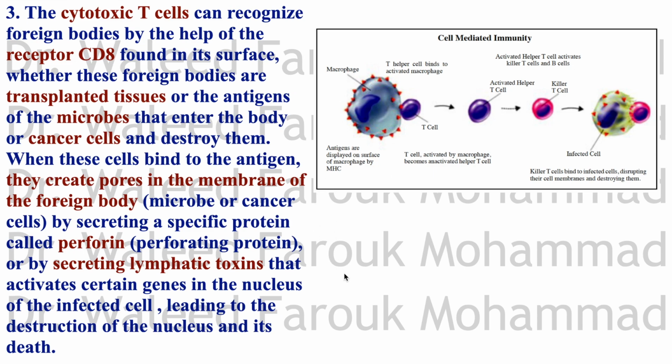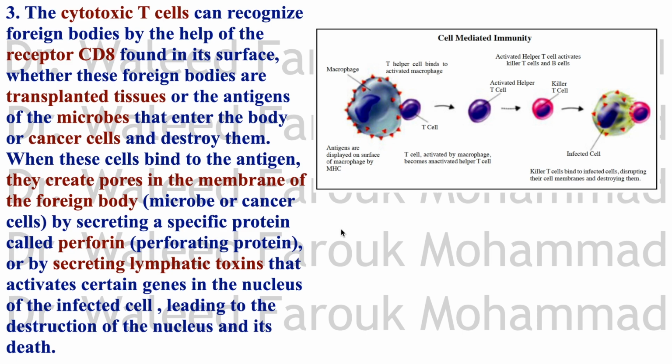ايه تاني؟ في فاكرين السايتوتوكسيك تي سيلز؟ دول عليهم ريسبتور اسمه CD8 وتقدر تتعرف على الفورين بوديز عن طريق الريسبتور ده. والفورين بوديز اللي هي بتتعرف عليها ممكن تبقى في صورة transplanted tissue زي واحد زارع اي عضو مثلا، في صورة مايكروبس وفي صورة كانسر سيلز. لما السيلز اللي هي السايتوتوكسيك تي سيلز دي تتحد معاها